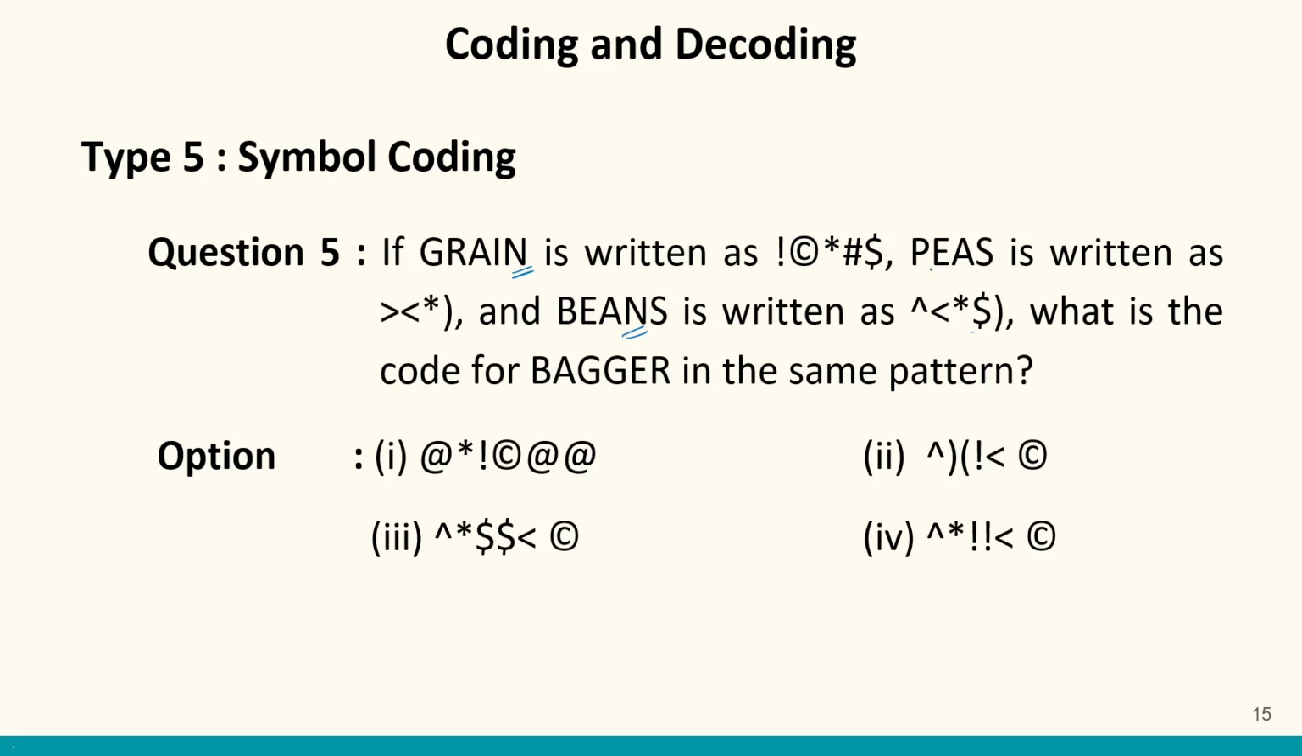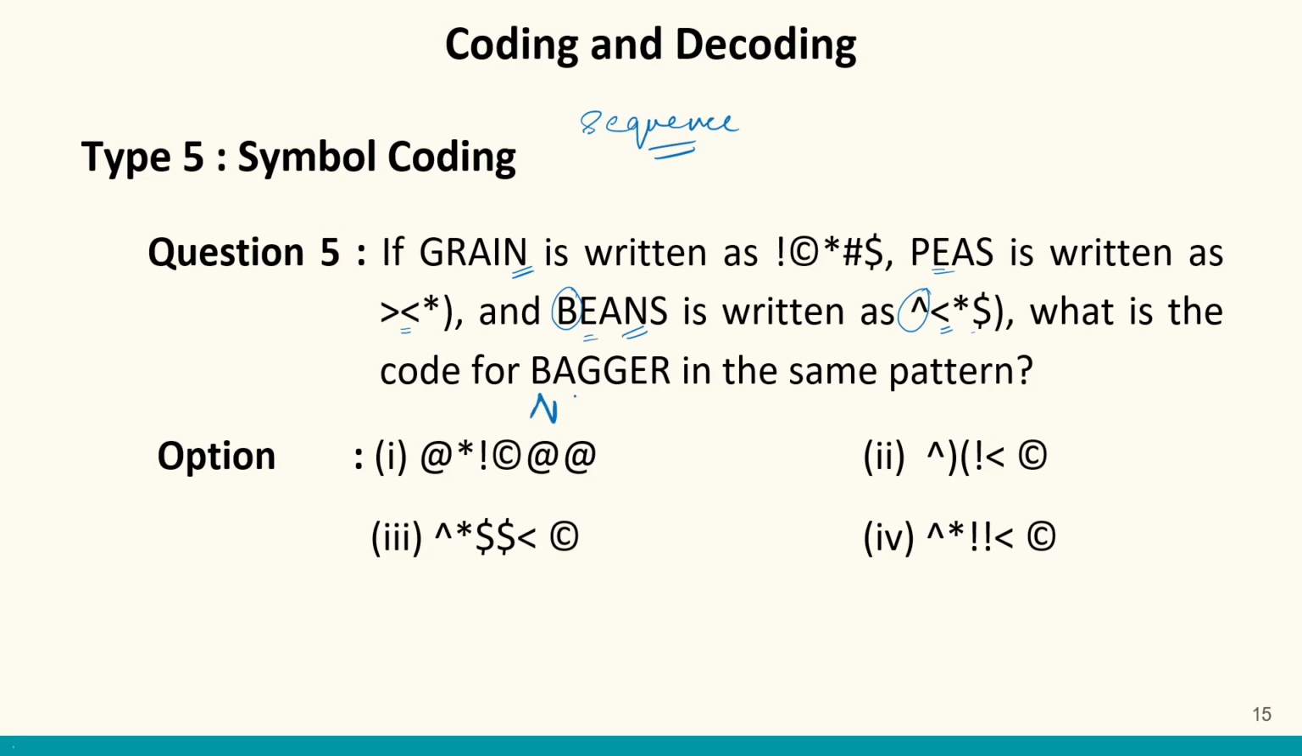Let us check for E also. In peas, E is the second positioned letter, which is coded as this. In beans, again, it is coded as this. So they are in sequence. If they are in sequence, it is easy for us. Bagger, B is coded as